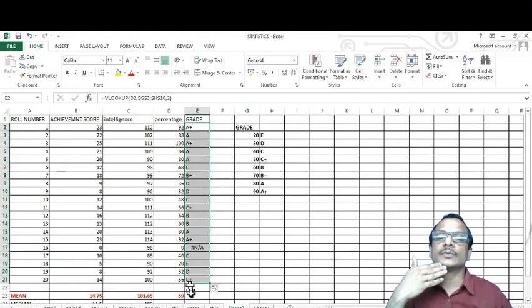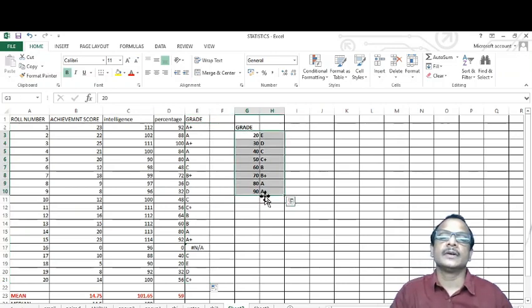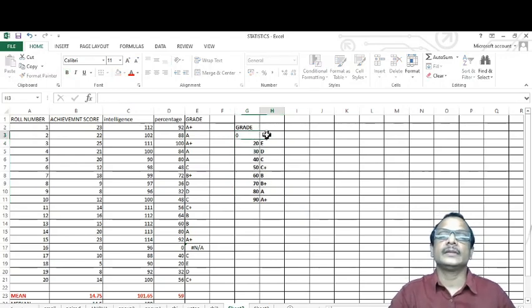All the students' scores are converted into grades. But I think there is an error regarding the 0, because 0 is not in the table, and that is a defect in this particular case. So we have to make some change here in order to accommodate 0. Here I want to give 0, and I think the grading pattern also has some mistakes.